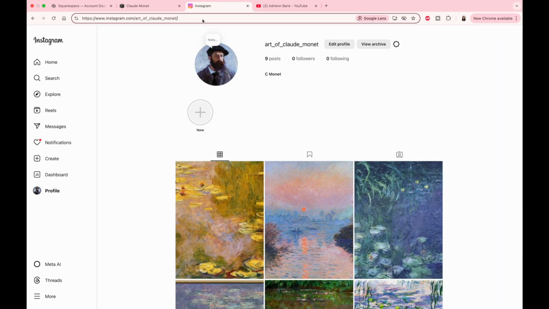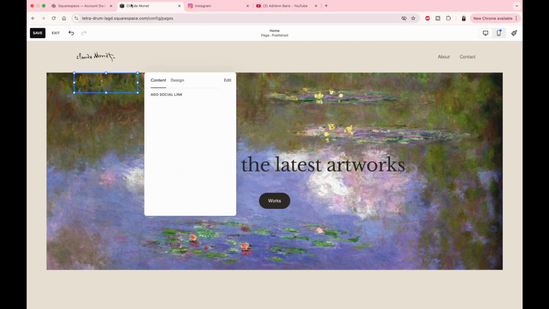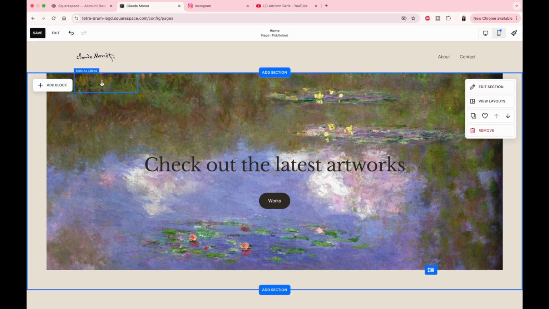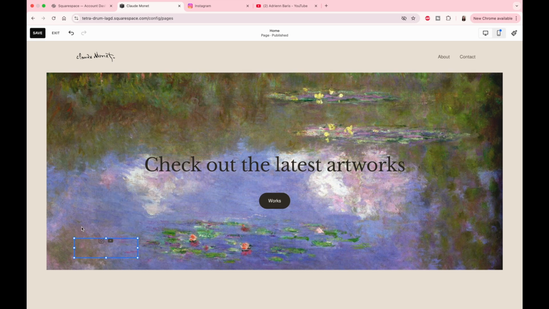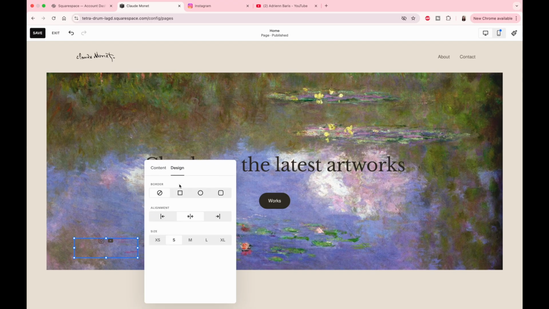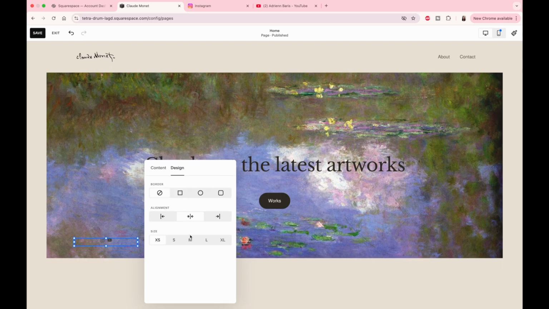Here you need to copy and paste the URLs from your social media profiles, be it Instagram, Facebook, YouTube, TikTok, or something else. Then drag the block wherever you want it to be within the section, and of course change the design if you like. I will delete it from here because personally I prefer to include them in the header or the